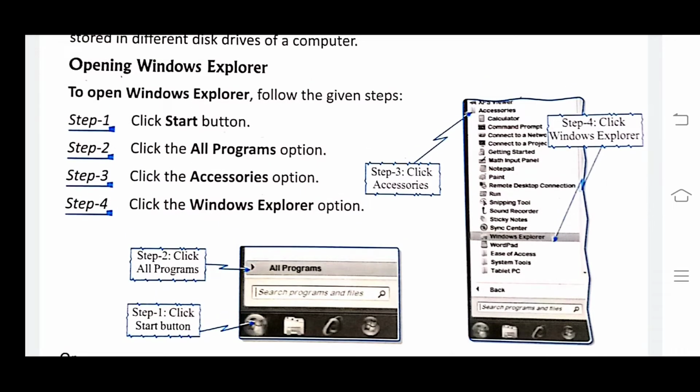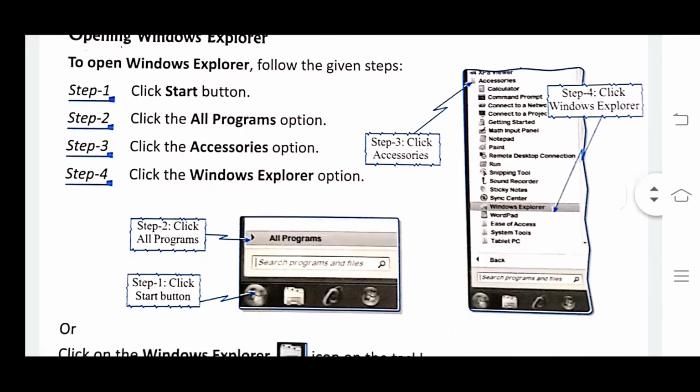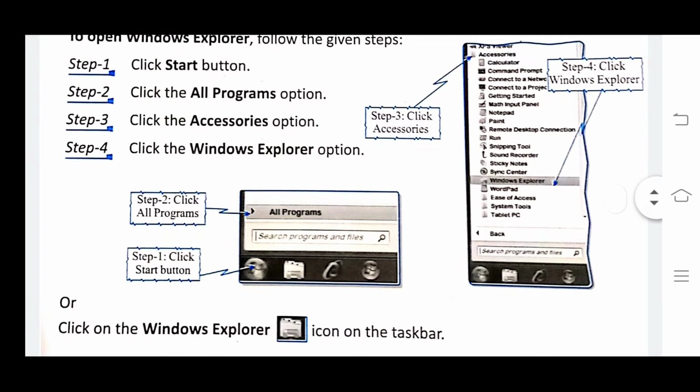Opening Windows Explorer. To open Windows Explorer, follow the given steps. Step 1, click the Start button. You can see on your screen that step 1 is the Start button, at the left corner of your computer screen. Click on that Start button. Then step 2, click the All Programs option.